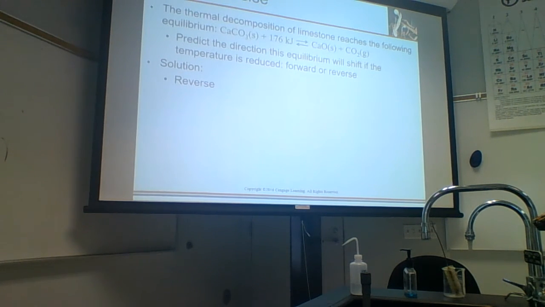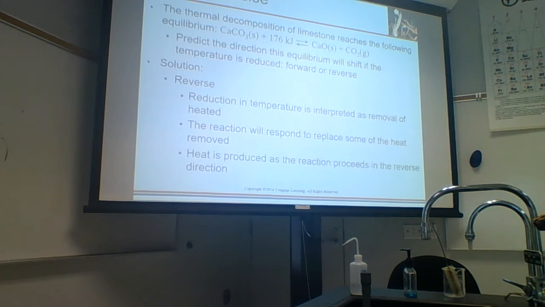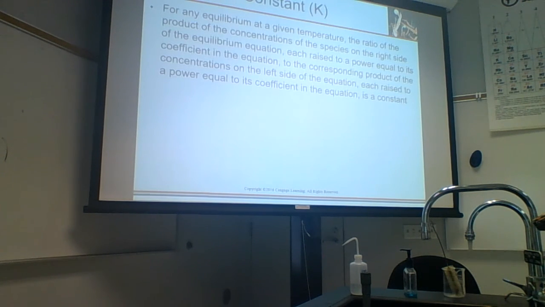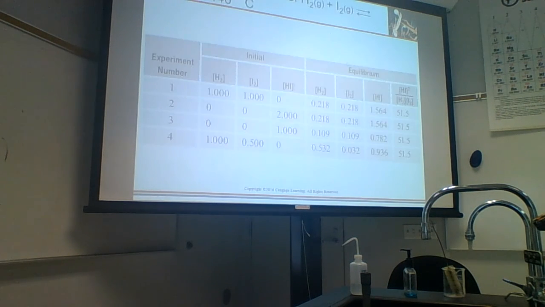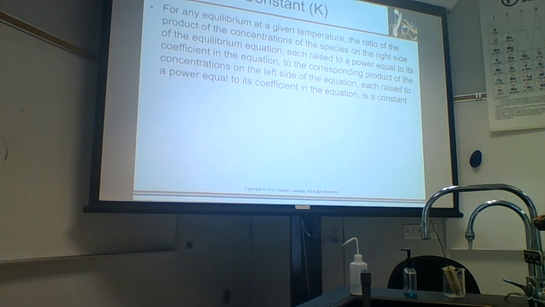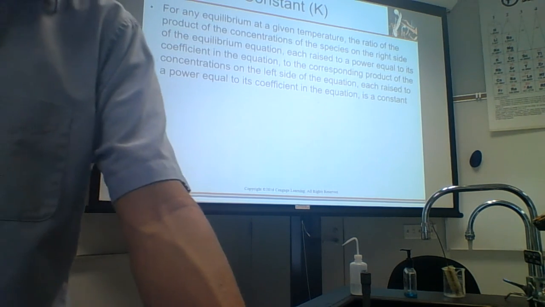And it shifts left. Okay, that's Le Chatelier's principle. I'm going to stop at Le Chatelier's and then we'll talk about this next. So Le Chatelier's is just predicting the shift. You know, is it going to shift left or